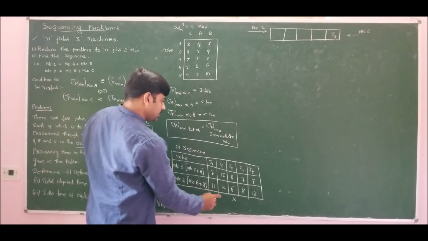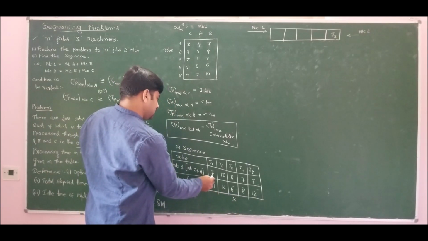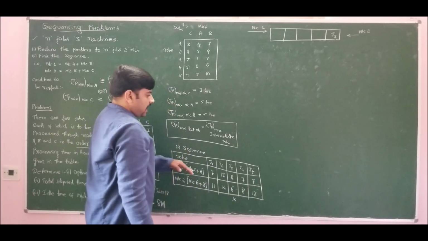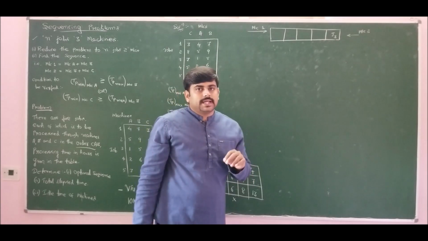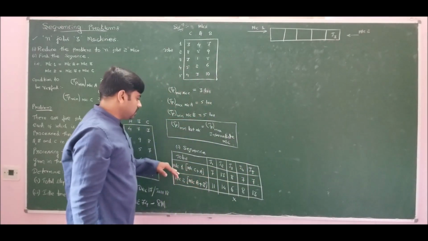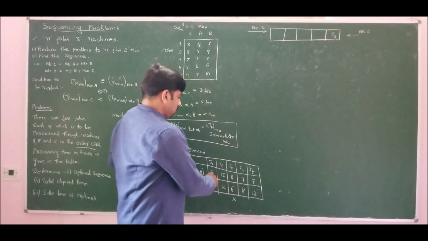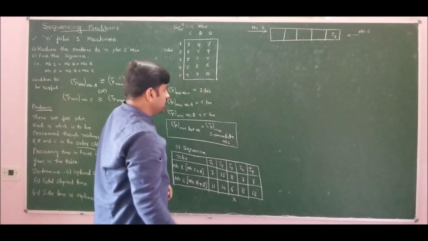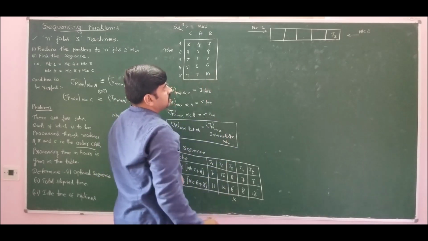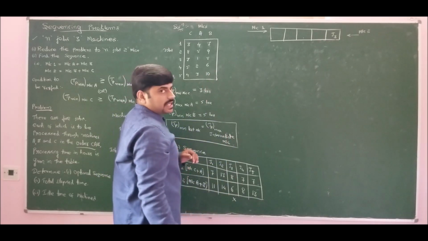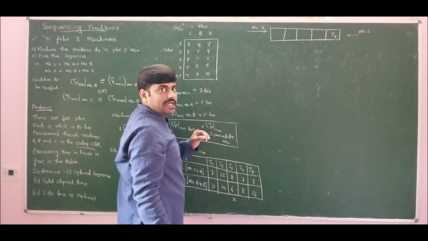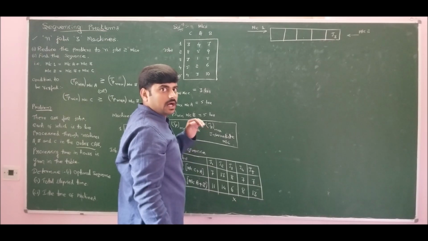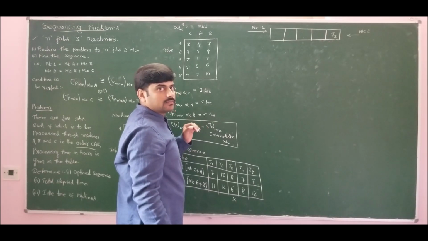Next least processing time is 7. So 7 is there for job number 1, job number 4 and job number 5. I have clearly explained how to solve the ties. Since the tie is on machine 1, I should select 3 boxes on machine 1. 1, 2, 3. 3 boxes are selected. Now I should arrange the jobs by using processing time on machine B in the order higher to lower from left to right. So if you have confusion, kindly revisit our previous lecture and come back and solve.